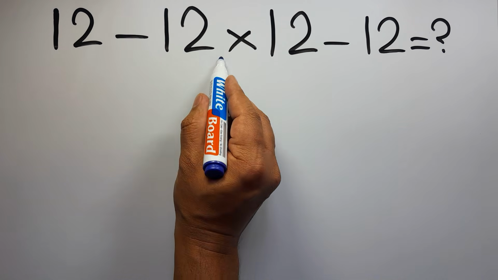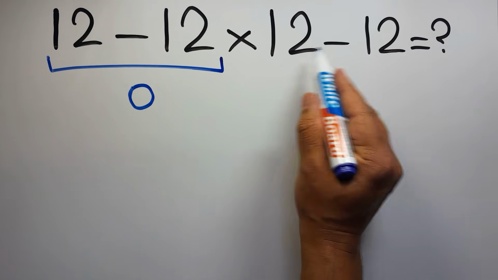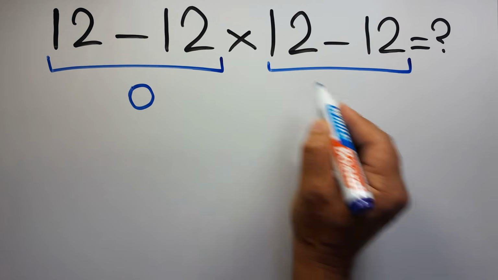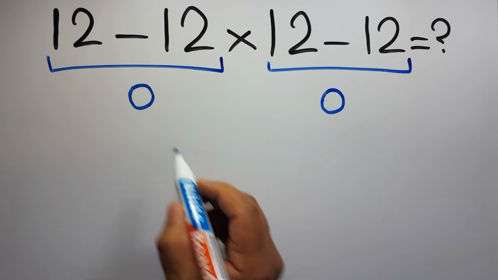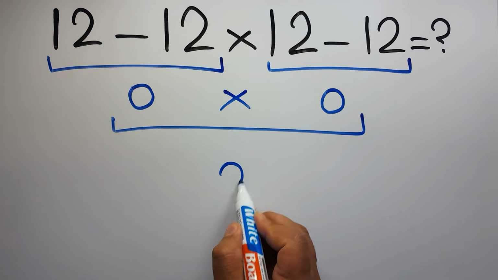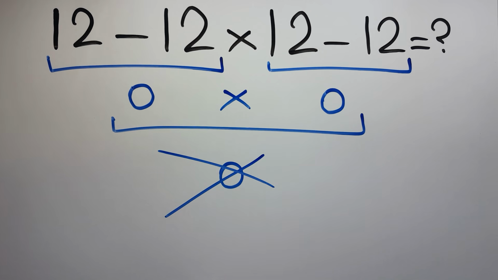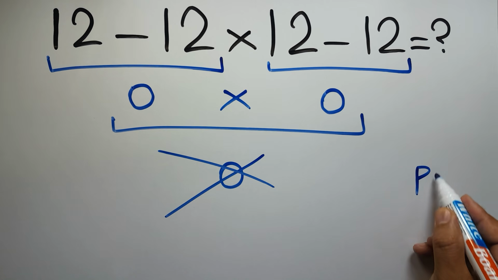12 minus 12 gives us 0. And again here we have 12 minus 12. So 0 times 0 is just 0. But this answer is not correct because according to the order of operations, which is PEMDAS,